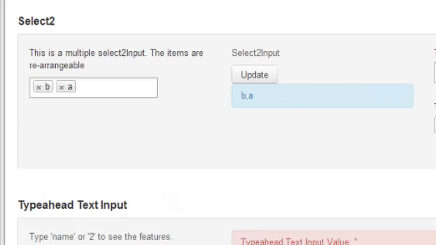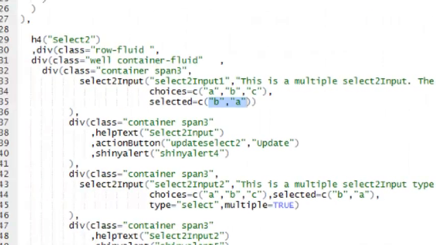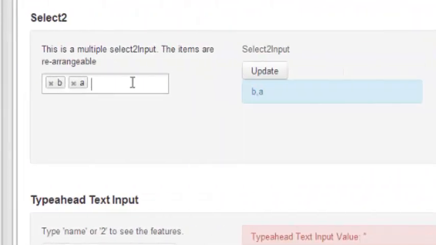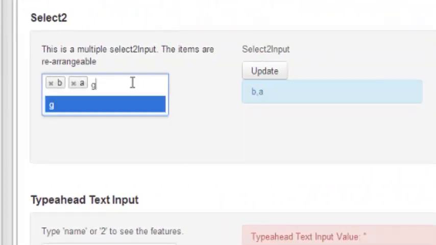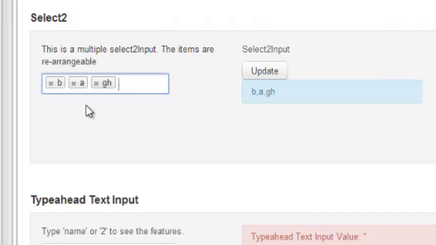Select2 input is by default multiple selection. So by default, the order in which you select the items is also important. If you remember when we started up the app, it was showing you a B and an A, and the extra one that's missing is C, which is what we have defined in choices. But also with select2, you can type what is not on the initial list of choices